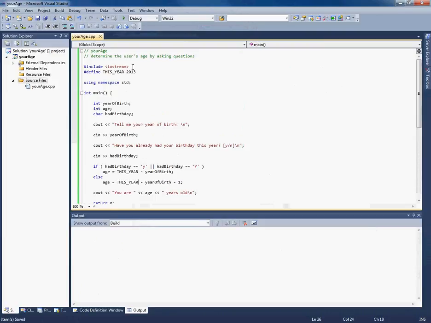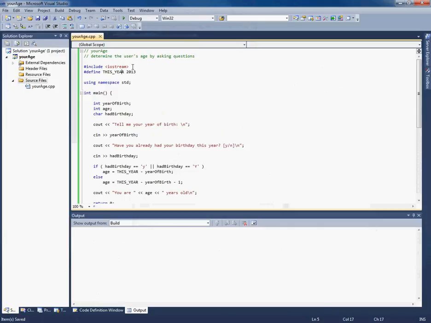So it's not a variable, THIS_YEAR, it's simply when you press build, the preprocessor goes through your code and replaces all the occurrences of THIS_YEAR in capitals with 2013. Okay, so it's not a variable, it's like a macro, but it could save you some time if you were updating your code for this year to be 2014, then you'd only have to change one character, for example.